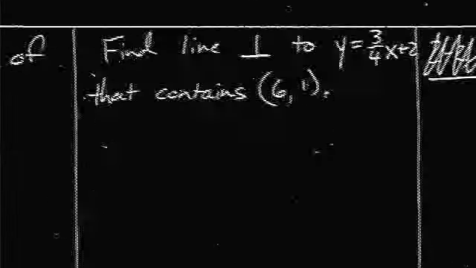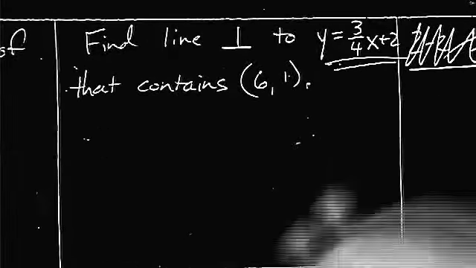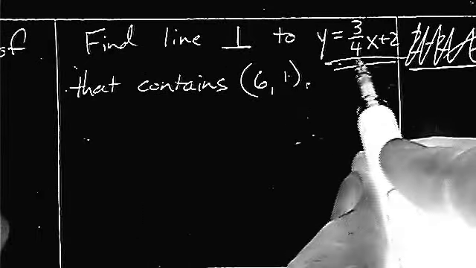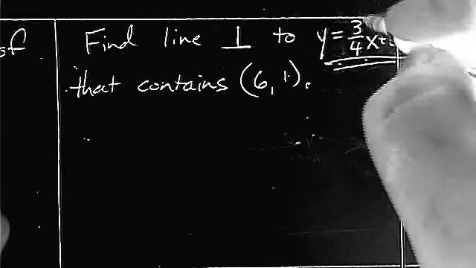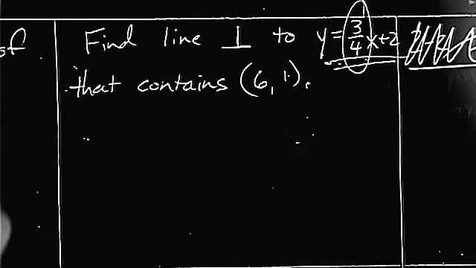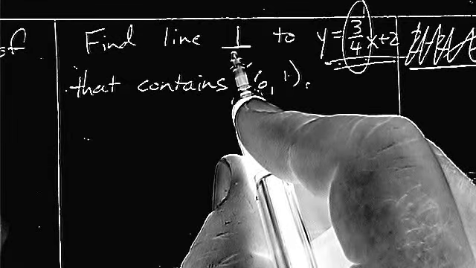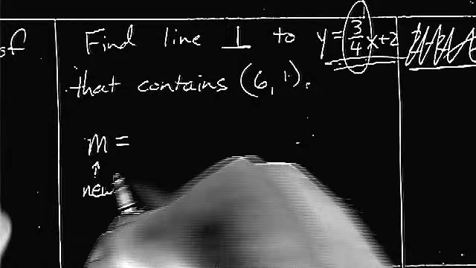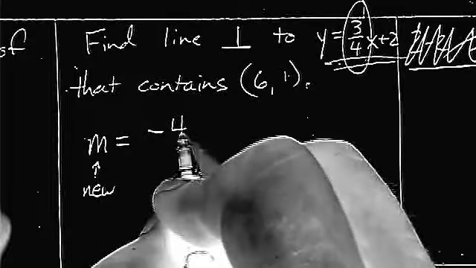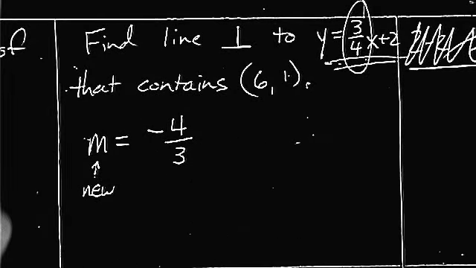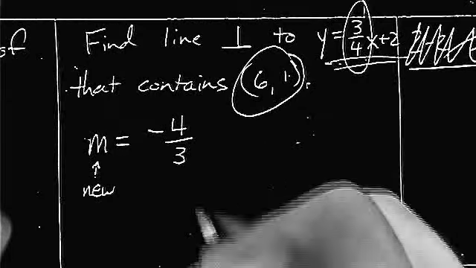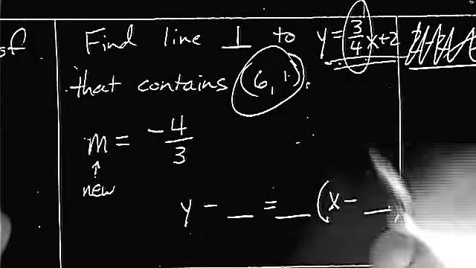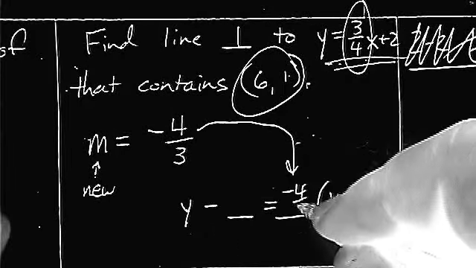Last example here is find a perpendicular line to this one, y equals 3/4 x plus 2, that goes through the point 6, 1. Well, why do you think they gave me this line? Because I need this slope. So, because they told me that the new line is perpendicular, I know that my new slope is going to be the opposite reciprocal of 3/4. And I already know a point that's on that line, so fill it in. -4/3,